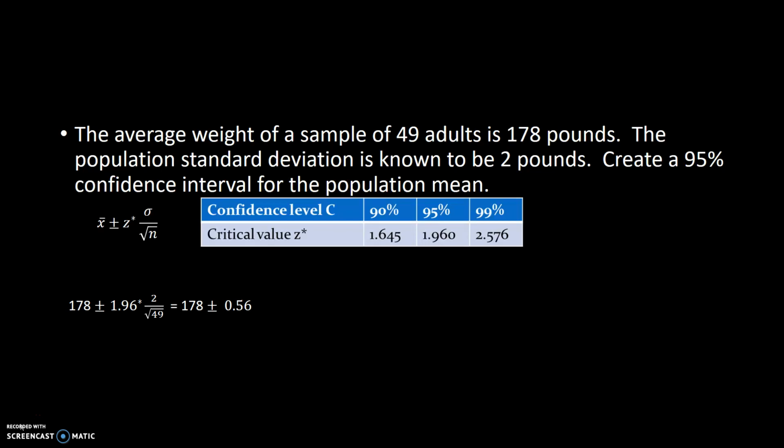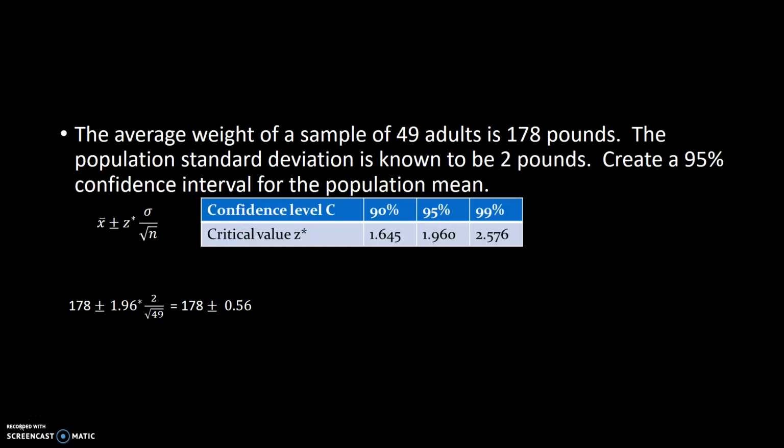So the sample mean is 178. The critical Z value we're going to use is 1.96 because we're using a 95% confidence interval. The standard deviation of the population is 2. And the number of participants we have is 49. So once you crunch all the numbers, you get 178 plus or minus